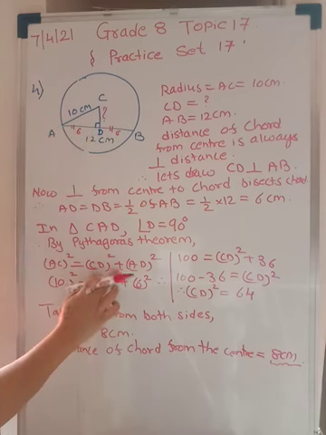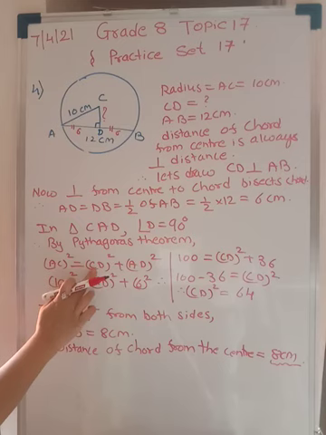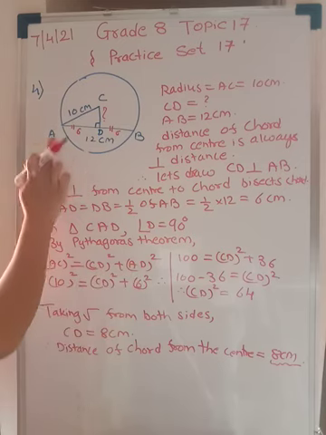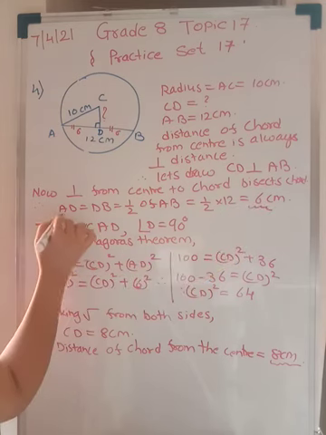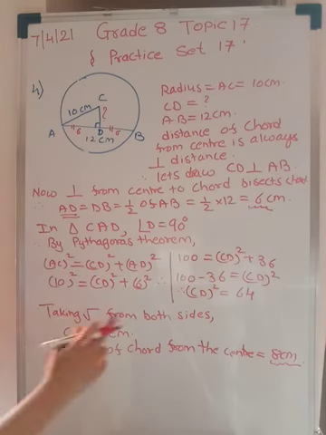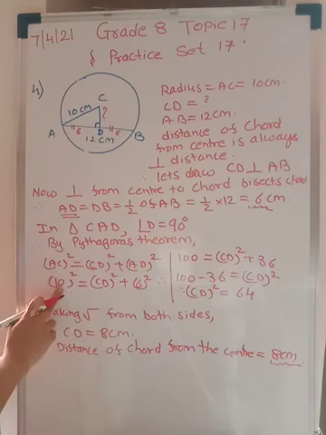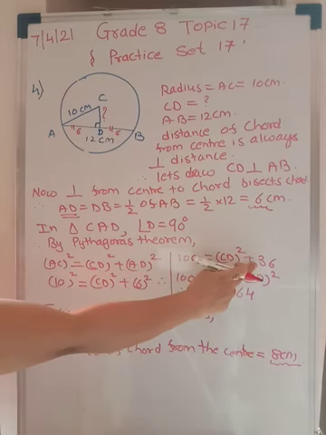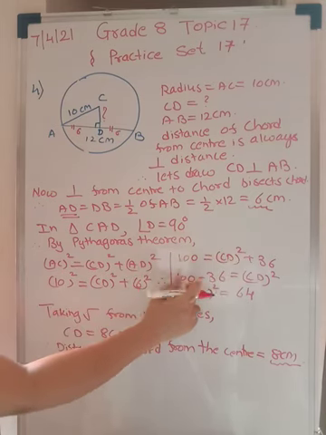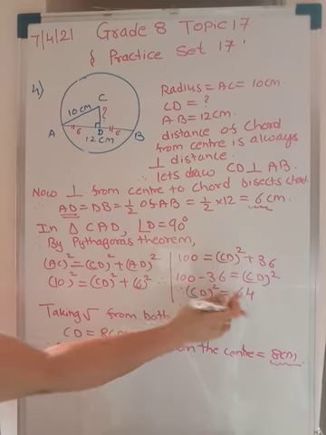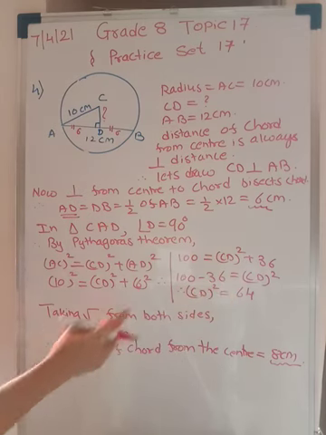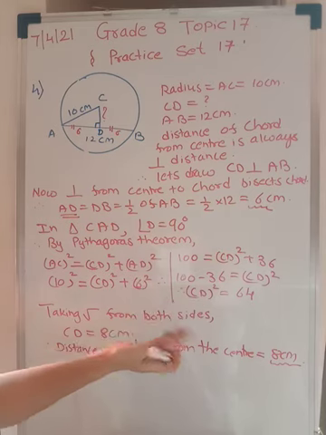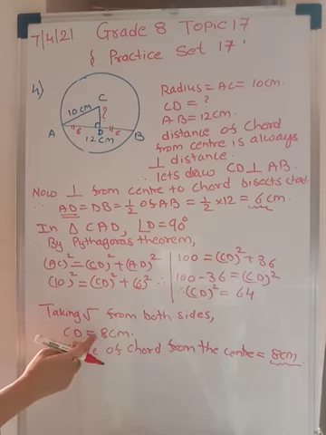So AC is 10, 10 square is equal to CD square plus AD, which we have found out as 6 centimeters. So 6 square. Now 10 square is 100, 6 square is 36. Shifting over here, 100 minus 36 will give you 64. So you have CD square is equal to 64. We want CD, so taking the square root from both sides, you get CD equal to 8 centimeters.